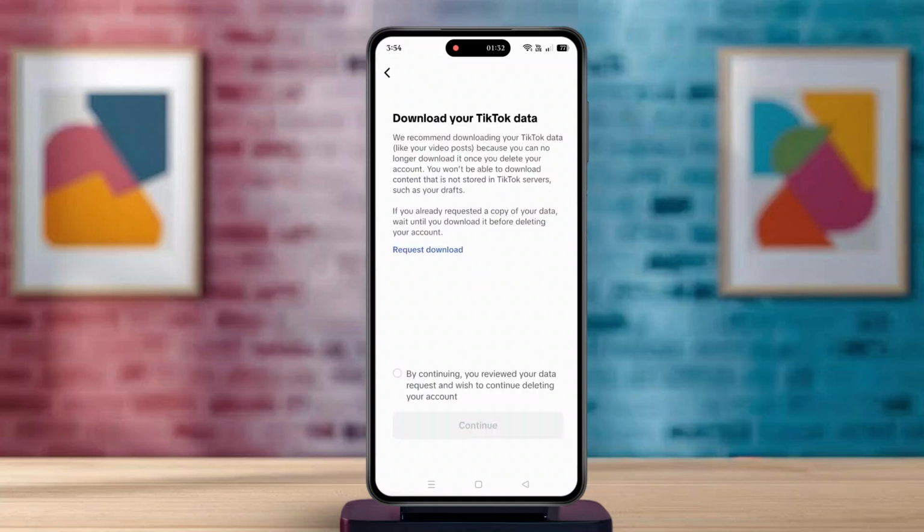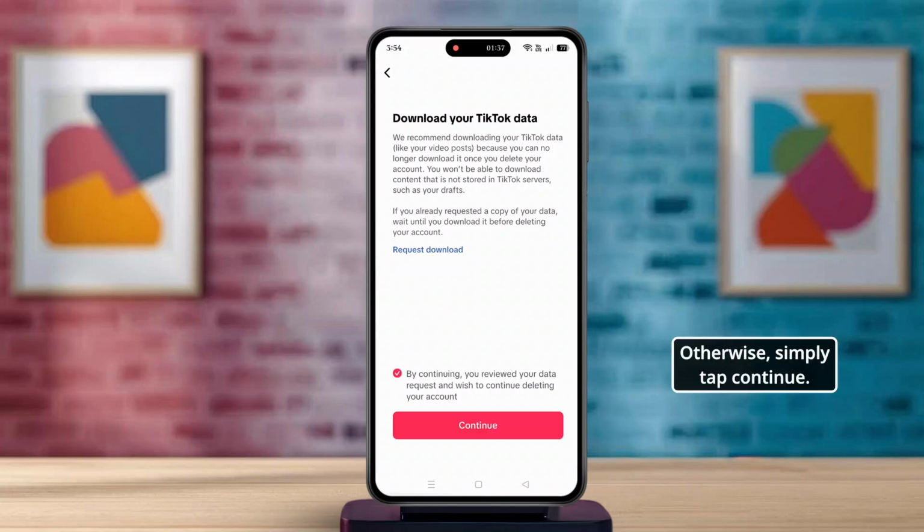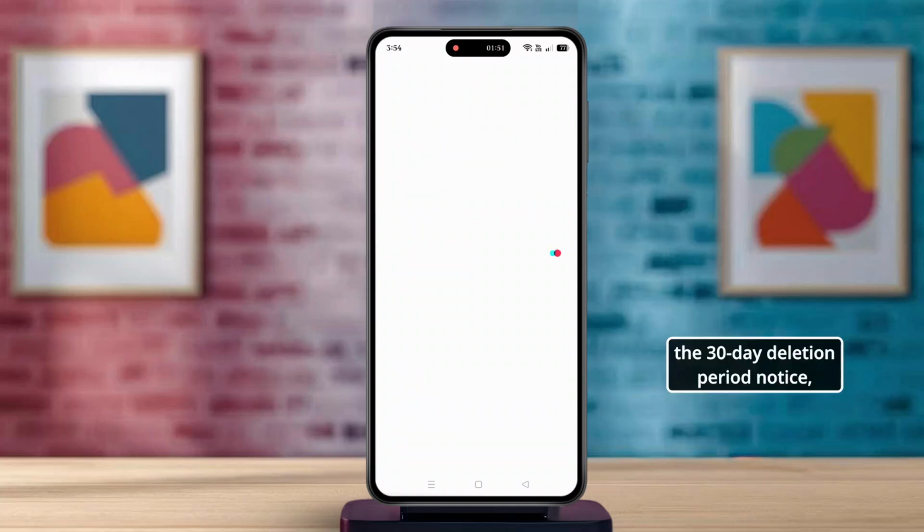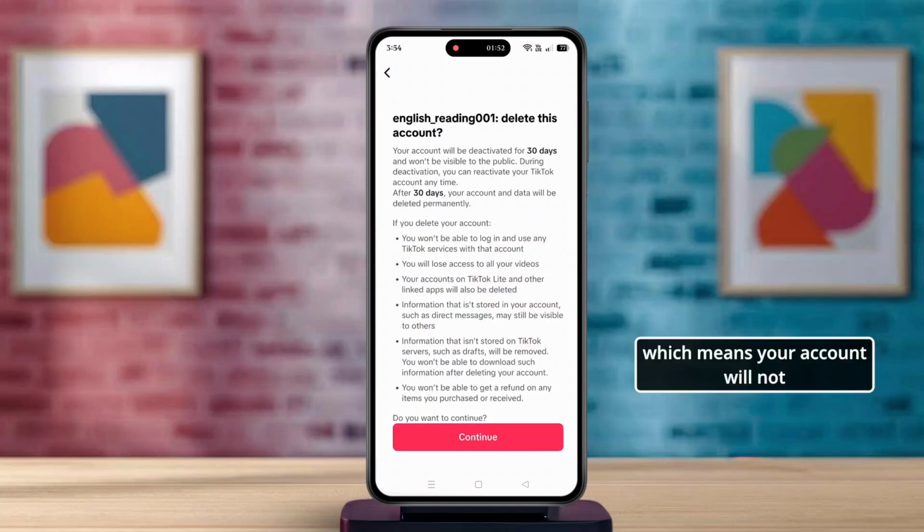On the next screen, you may see an option to request a data download. This allows you to save your account information before deletion. If you want a backup, select it. Otherwise, simply tap Continue. After this, TikTok will show you the 30-day deletion period notice, which means your account will